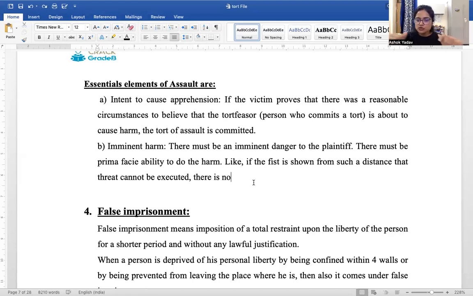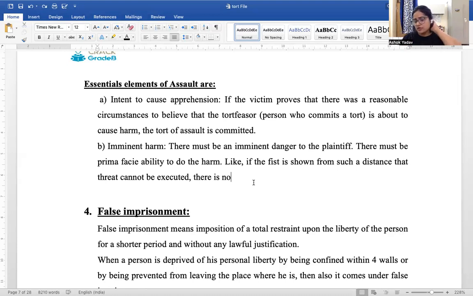So suppose a person is going to sit on a chair and the other person pulls it away just before he sits. As long as that person is in the air, it will be an assault. The moment his body touches the ground, it will become battery, right? Similarly, in the case of spitting, the moment the spit is in the air, it is the stage of assault. The moment the spit touches any body part of the other person, it will become battery, right?